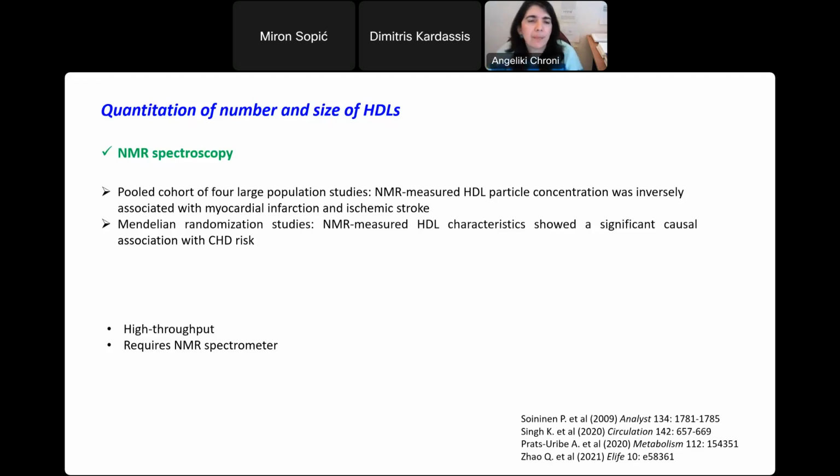Also, some other assays can be used for quantitation of other parameters related to HDL and related to the functions of HDL. So the number of HDL particles can be measured by NMR, and it has been shown in a pooled cohort of 4 large population studies that HDL particle concentration was inversely associated with myocardial infarction and ischemic stroke, and Mendelian